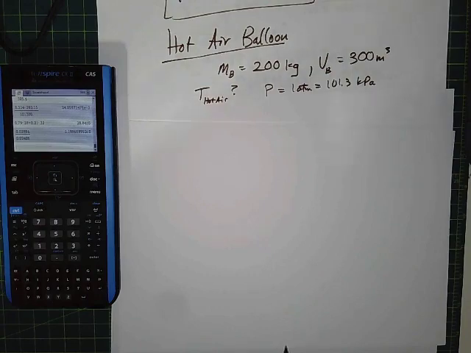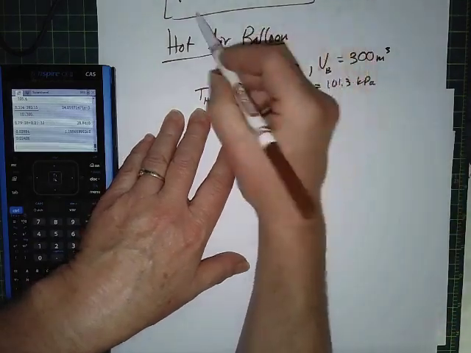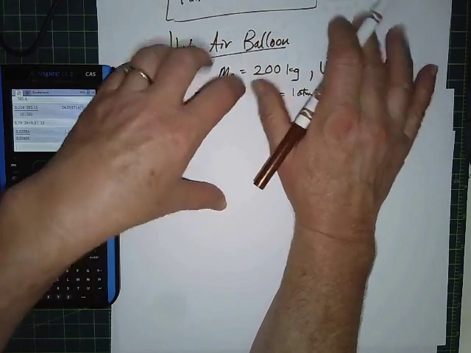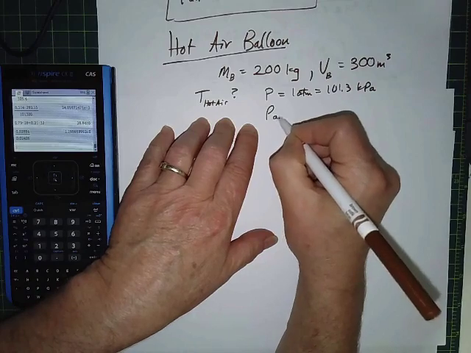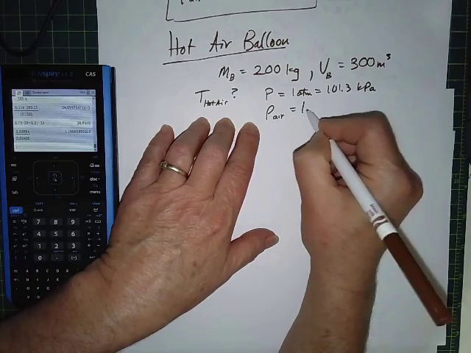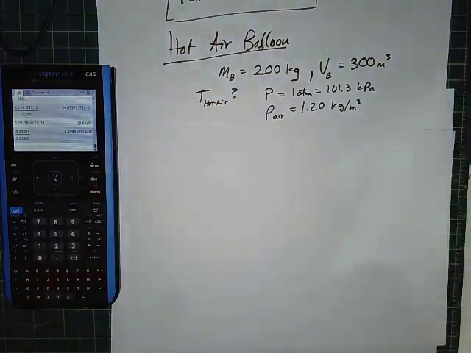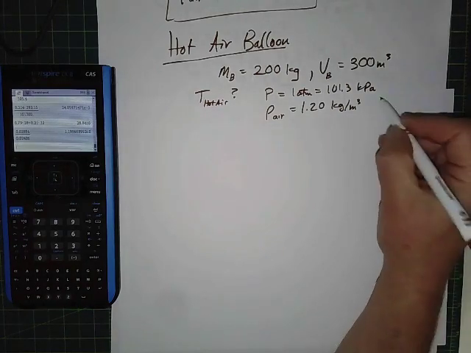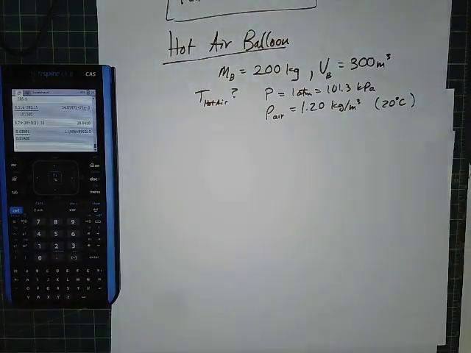We'll just use our density of air number that we just calculated. Come down here. Well, I can't get it to come down. We'll just use the density of air number that we had before for 20 degrees Celsius. We'll use that as our starting density of air for the outside air, not inside the hot air balloon. So we'll just say that's at 20 degrees Celsius, and the mix of nitrogen and oxygen that we had before. All right, so we'll use that for the density of the air that the balloon is floating in, not the